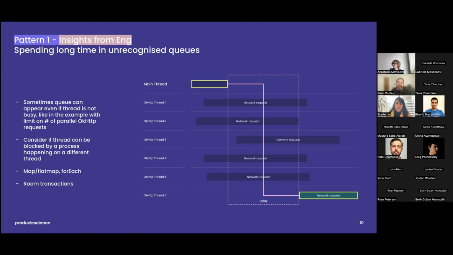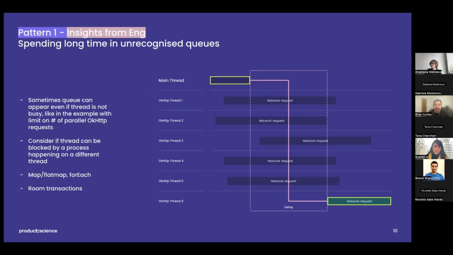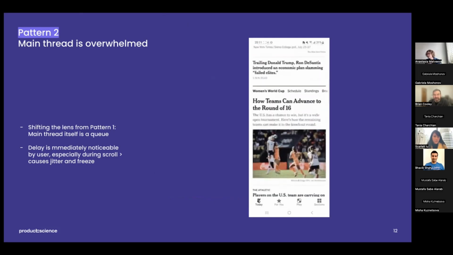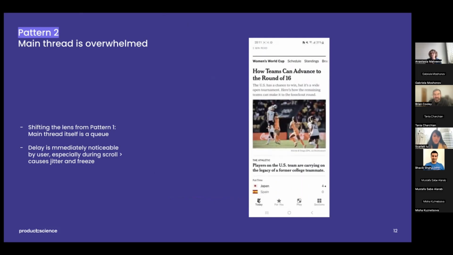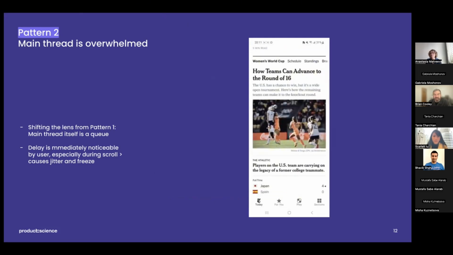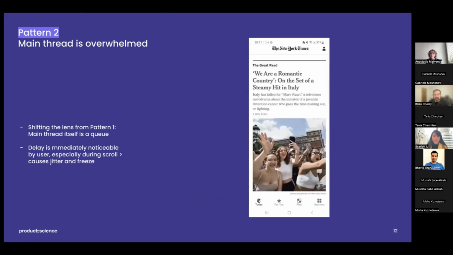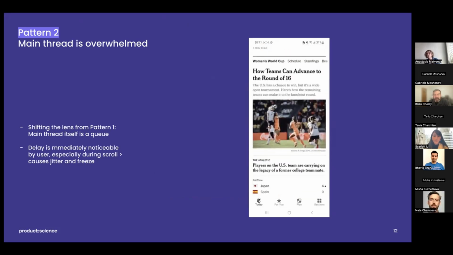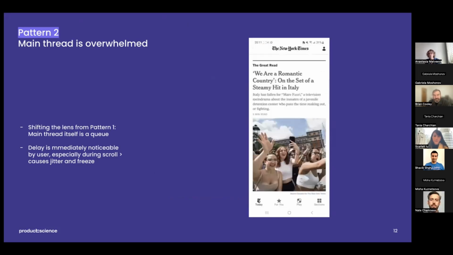So it's very difficult sometimes to imagine what's going on, and you really need a tool to help you understand what's happening there. So the second pattern that we're going to address is actually very similar, and in some sense, it could be seen as a subcase of the previous one, and that is about main thread overwhelm. So this is something that a lot of engineers are aware of and tracking, and it concerns the case